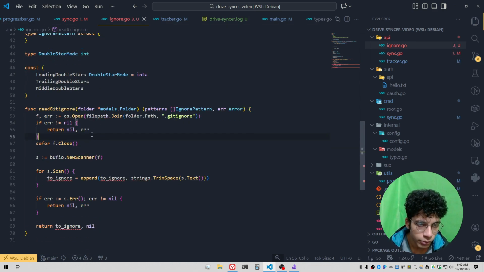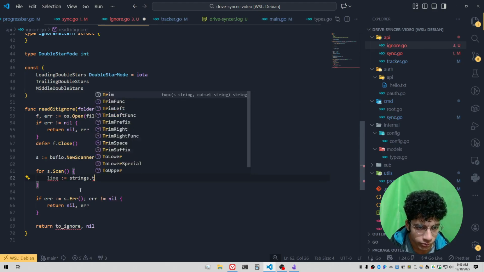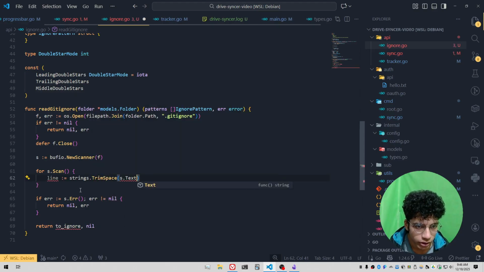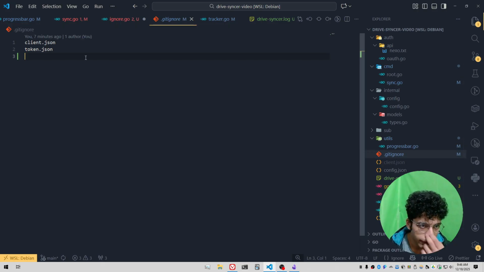Now let's comment this, go back to the ignore file over here, paste this in, save, so it actually imports all of the stuff over here, all of the packages. Right now we can remove this line down here, and in the scanner we can say line equals strings.TrimSpace(s.Text()). There we go. So if for some reason in the gitignore file you have a pattern called client.json and you just add a random space next to it,